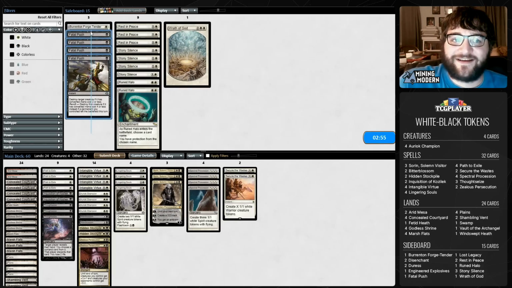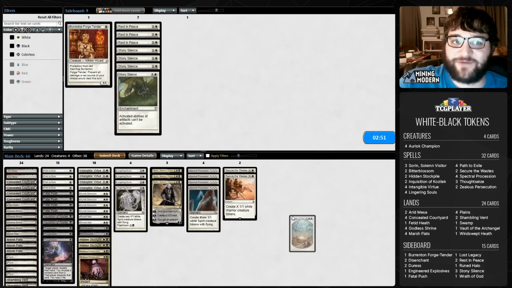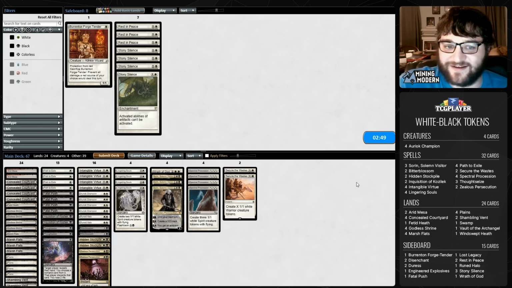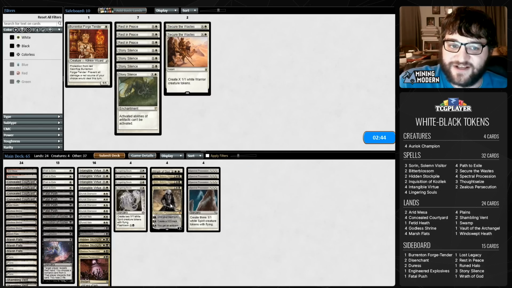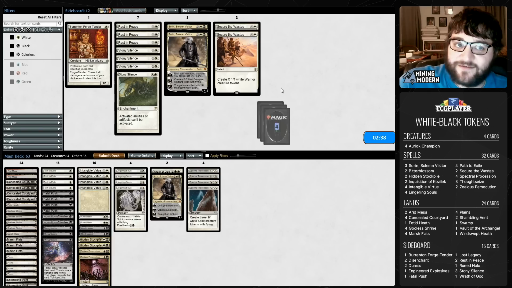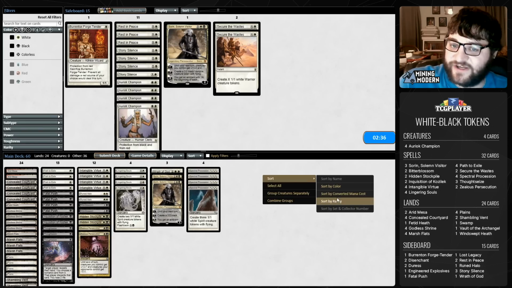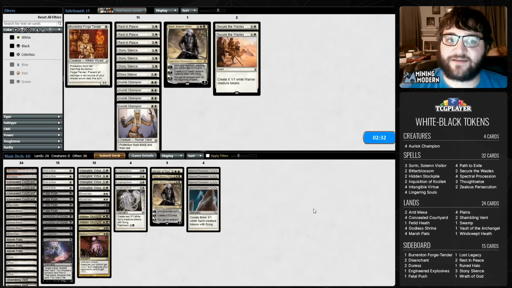All right. Onto the sideboard, and now things get much, much, much better for me. I love sideboarding against this deck. All right, so I can cut probably all the Secure the Wastes. They don't do much. Same with the Sorins. They're actually pretty bad here. That's just not how this game's going to be won. Or Champion not needed either. What's this look like? The Rest in Peace...